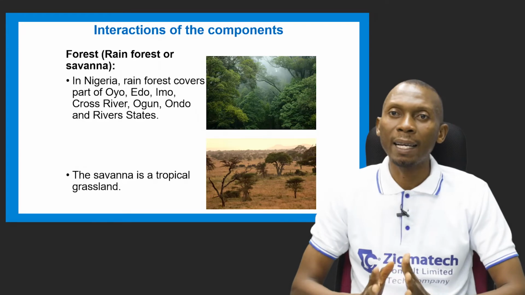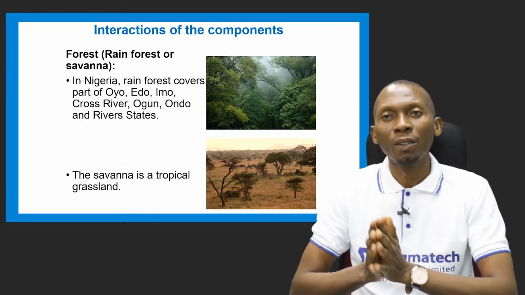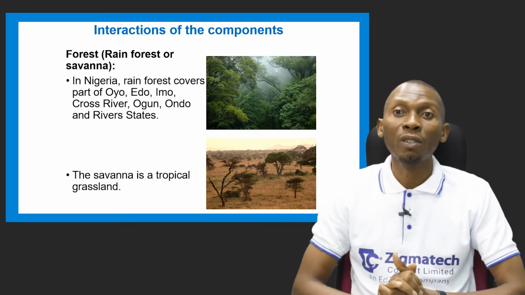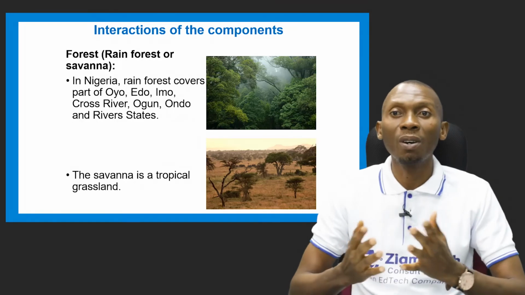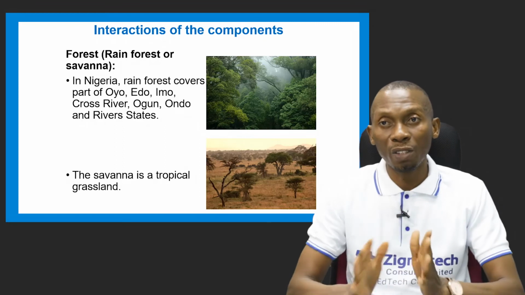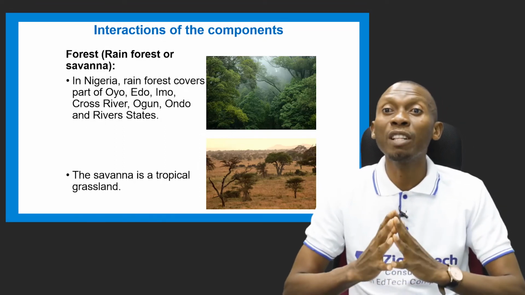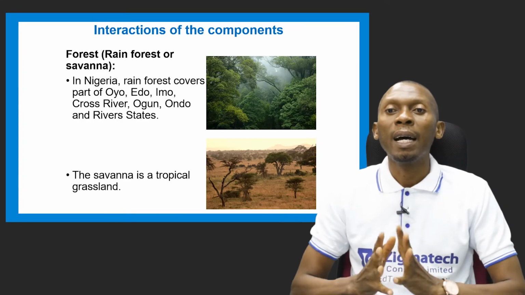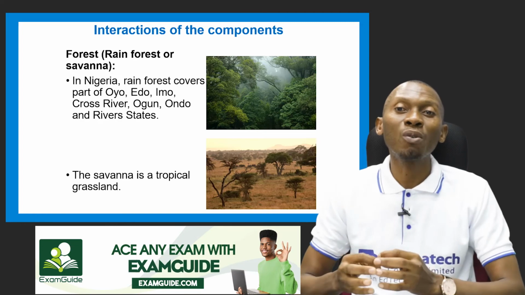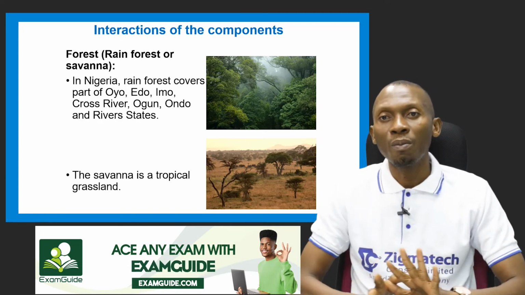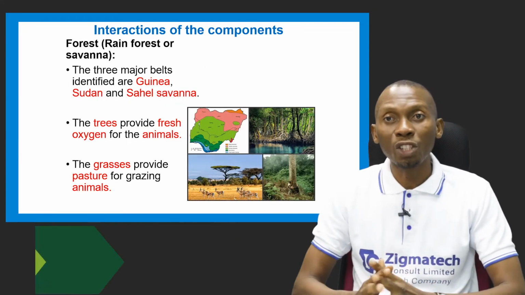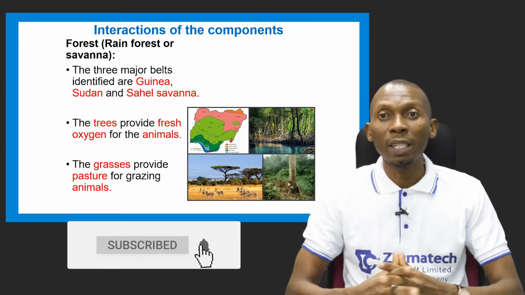Of course, the rainforest has the living components and the non-living components interacting together. In this case, the rainforest covers various parts of the country: Oyo, Edo, Imo State, Cross River State, Ogun, Ondo, and Rivers States. These various states fall under the rainforest vegetation. And the savanna, which is also called the tropical grassland, falls under the northern parts of the country. So we're going to look at the interactions, but before we do that, I want to also let you know that this